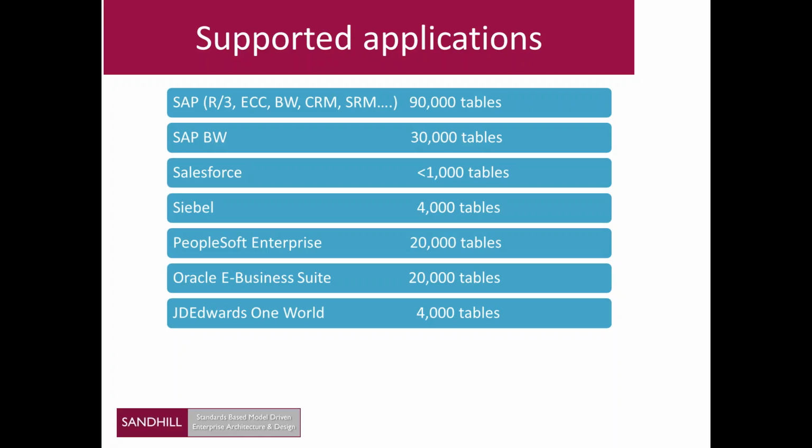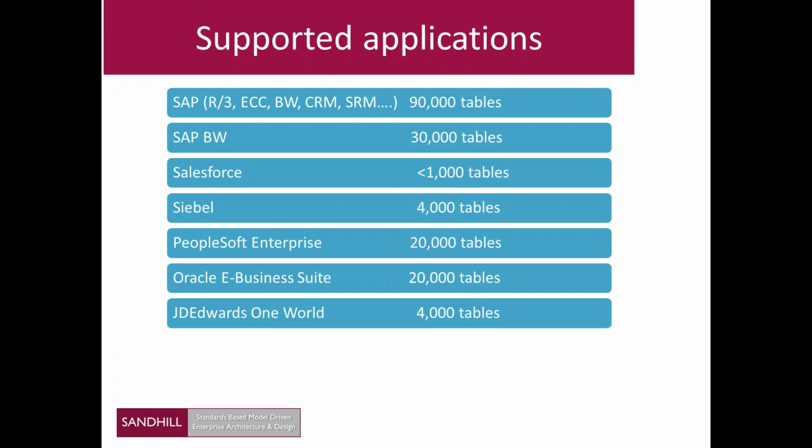Something like Salesforce is relatively small. You're probably going to be less than 1,000 tables. The Oracle applications vary in size. Siebel and JD Edwards will be typically around the 4,000 table mark, and PeopleSoft and Oracle E-Business Suite around the